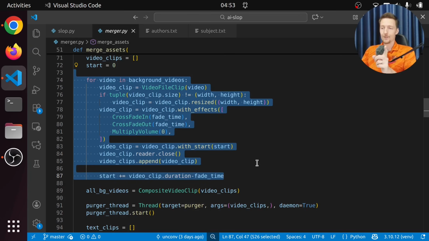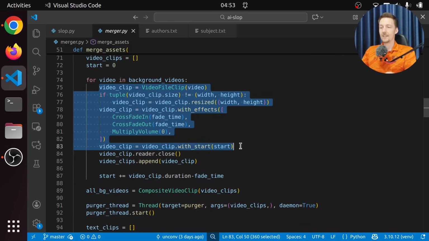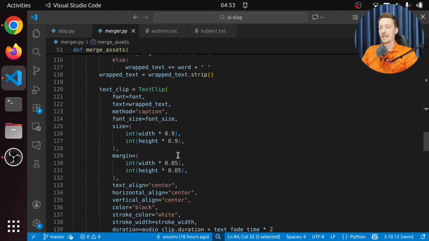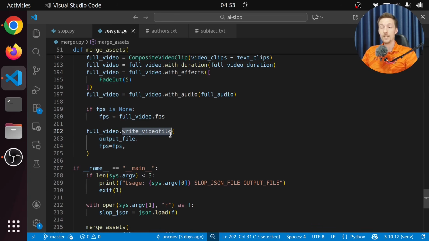But the solution that I found is that after I create the video clip, I call video clip reader close, which will close the FFmpeg in the background. And then when we actually run write_videofile, then MoviePy will open the FFmpeg automatically. So it will check if the process has died, then it will start it over. But the problem is still that by the end of the writing of the video file, it will keep open all of the video files that were in the beginning of the video, even though it doesn't use them anymore. So then in the end, it will still use 8 gigs of RAM.